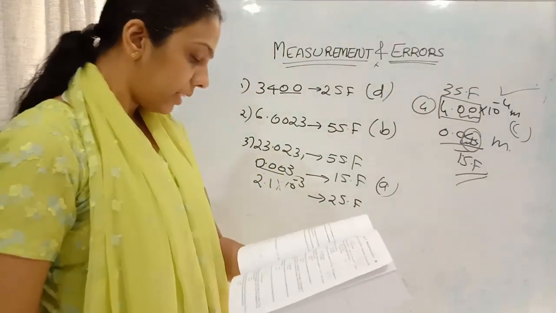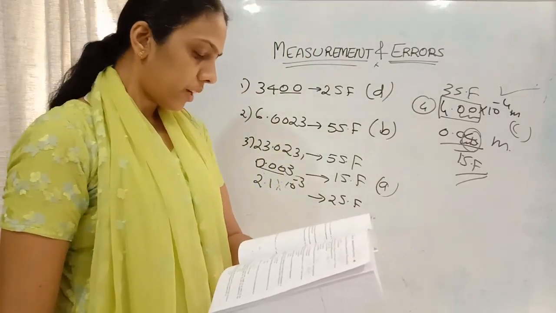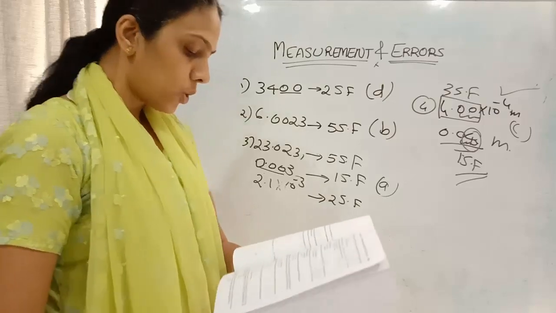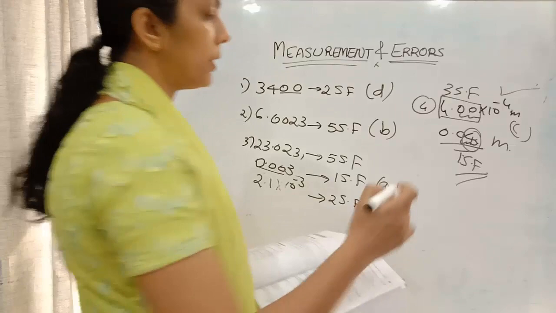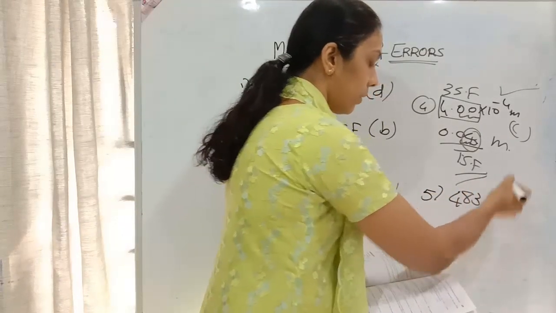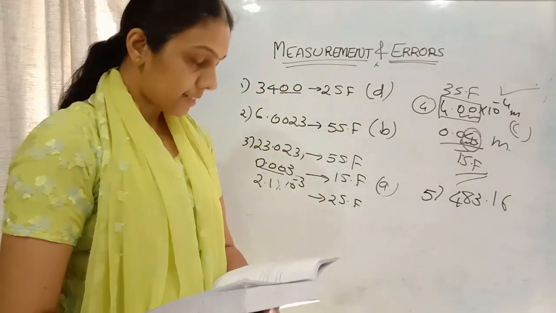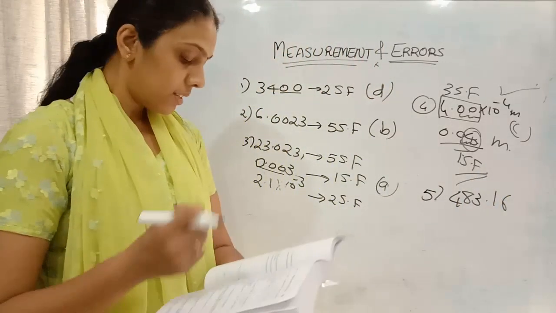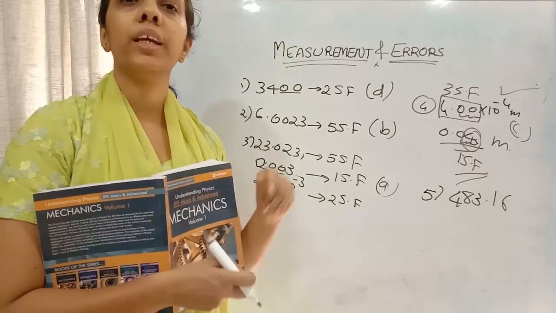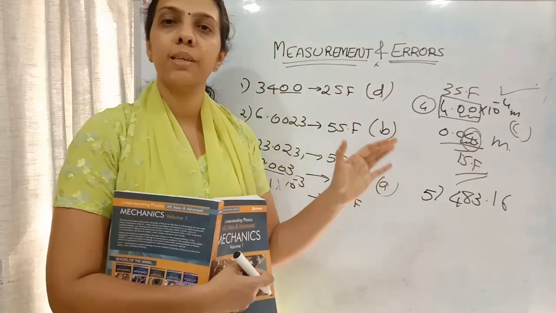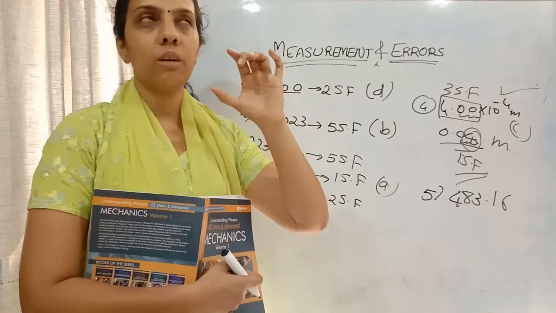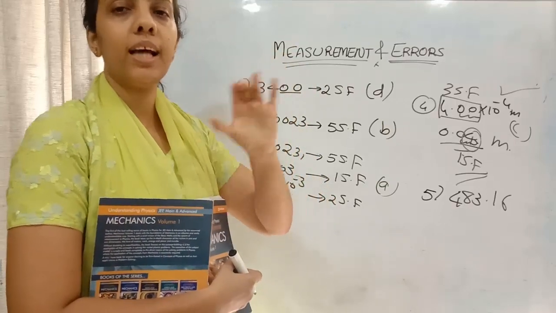Then the 5th one, find the value of 525.5 plus 10.81 minus 53.15. While adding all these, we will get the answer 483.16. Here how will we find the final answer, including the rounding off? In the question, if we are doing addition or subtraction, after the decimal point, the minimum number of decimal places is what should be considered.